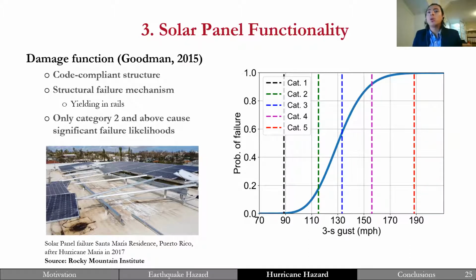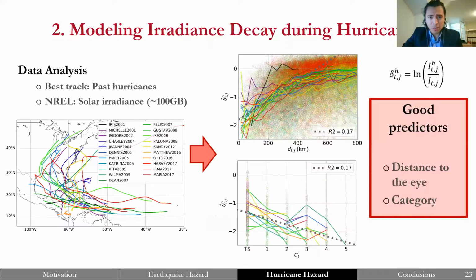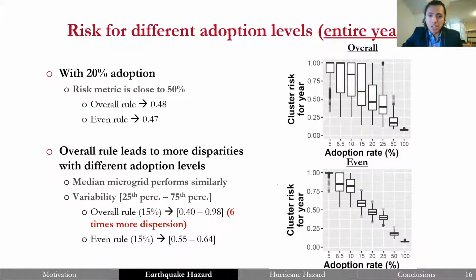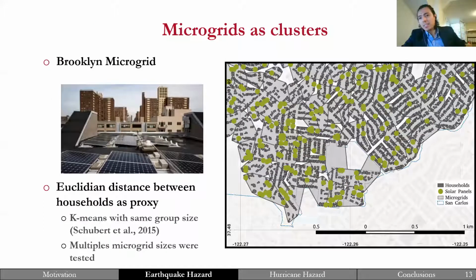So for example, here what we modeled was sizes from 10 houses all the way to 50, 60. And this is the San Carlos one. In San Carlos, yes. And from an electrical viewpoint, that's totally feasible. It becomes a cost problem. What's the most effective cost for the microgrid?